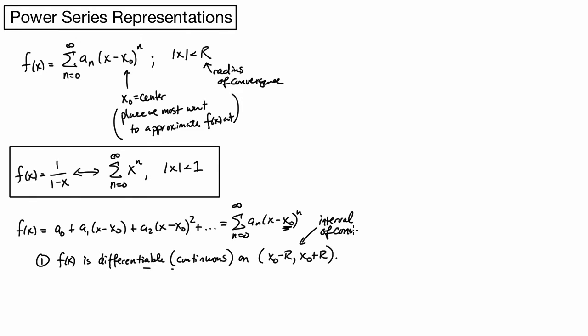So power series representations of functions are continuous and differentiable on their intervals of convergence. When you have a continuous and differentiable function, you should think about what happens to the derivative of said function. So we're going to throw out a couple of rules now. The first rule is that if I try to take the derivative, you can see immediately taking the derivative of